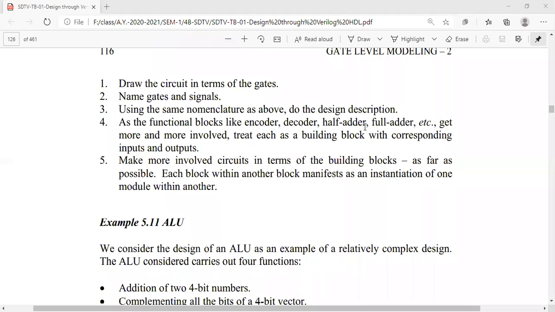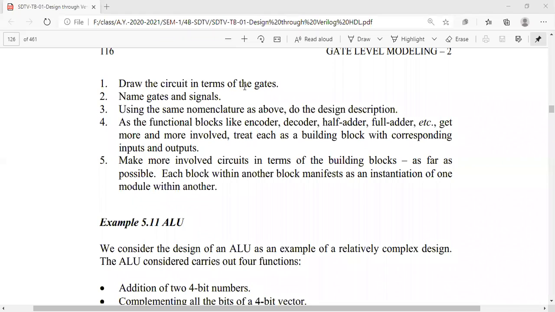That means we have to write Verilog code for our basic gates, or whatever basic building blocks we have. With the same thing, we'll be writing the Verilog description of the basic blocks.